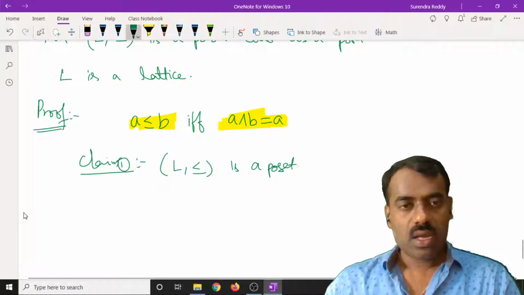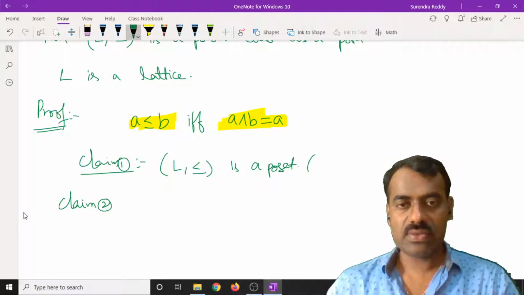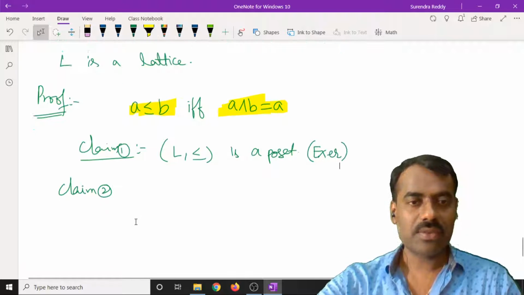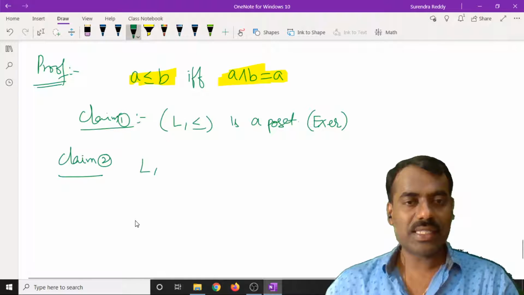Okay, if you are having any problem, we will see in next class, but try this, you try it, exercise. So you should know something from your side also, right? Now what claim 2 is, we will show that this is a